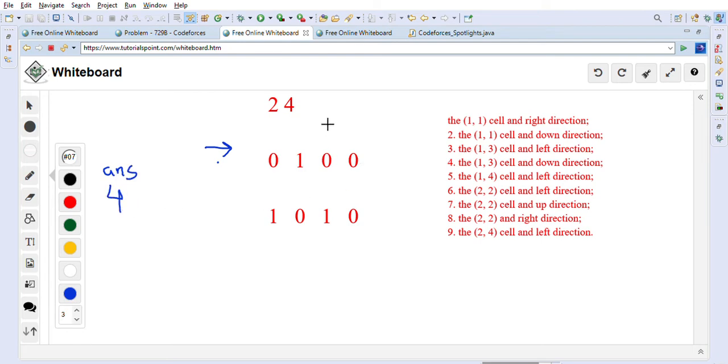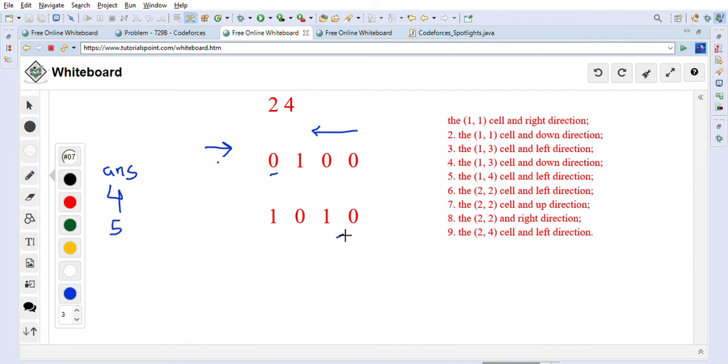Now when we go from right to left, we will find one here, and after that, whatever empty spots are there, we can put a spotlight, in a way that it points to the right direction. So here we will find one place like this, and we will increment by 1.